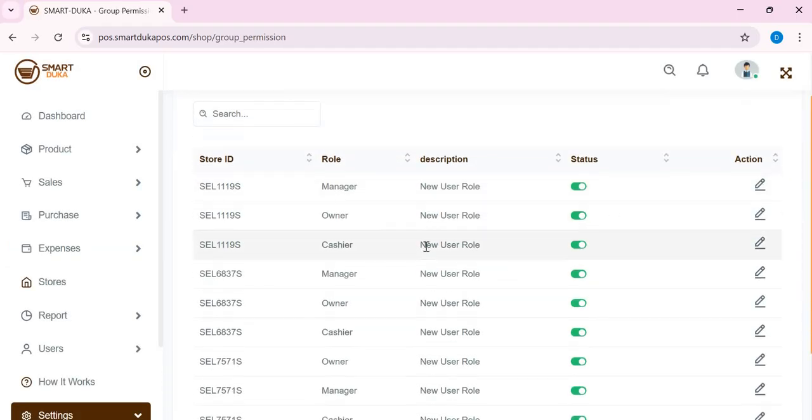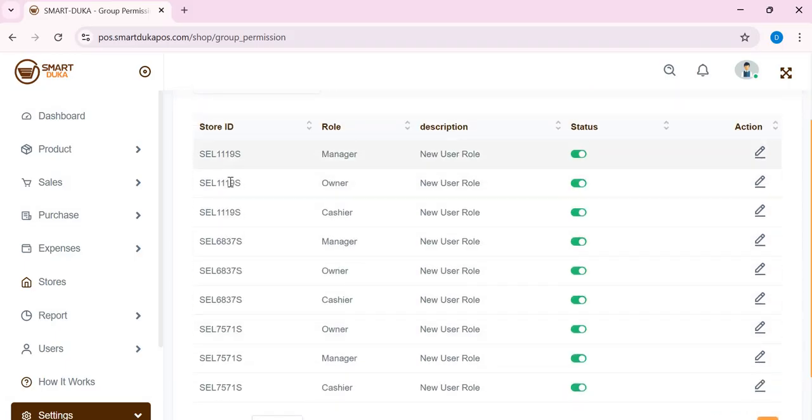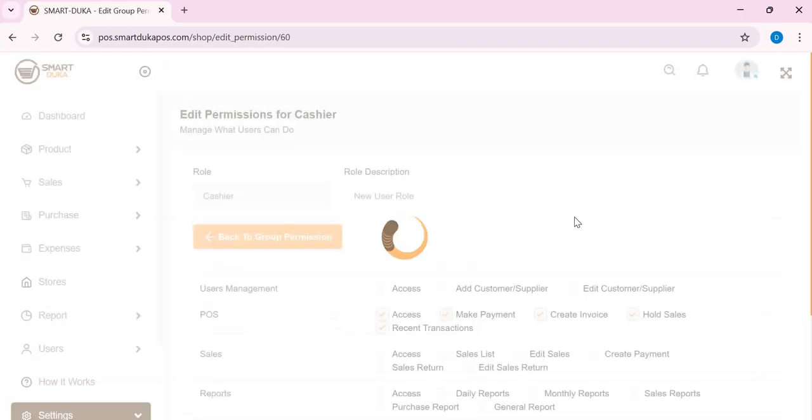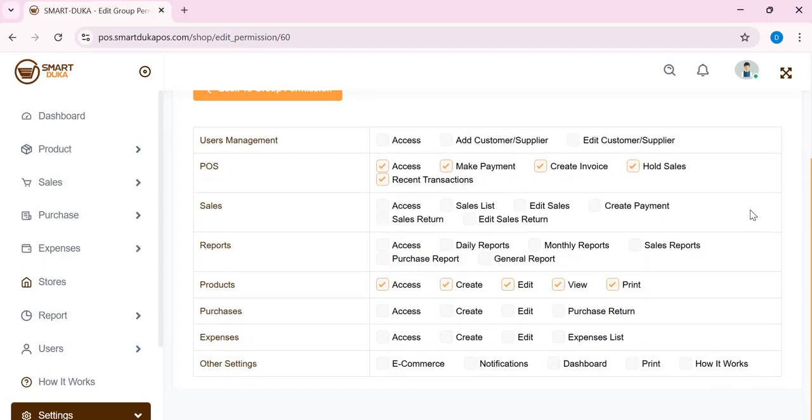Permissions, these are permissions as to who can access what. So this is for every shop I have, and they've been arranged by shop ID. For example, the current shop I am in, I can just simply go over to cashier and go to edit, and it will show me what the cashier can see. Actually, the cashier can access the POS and do everything in the POS. They can access sales. So my cashier can only do sales via POS, and they can see products